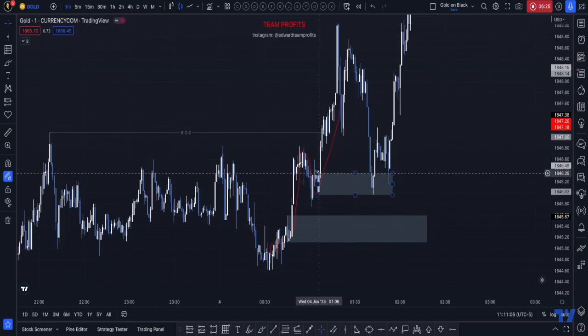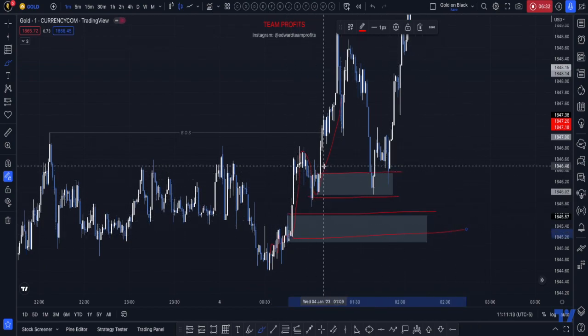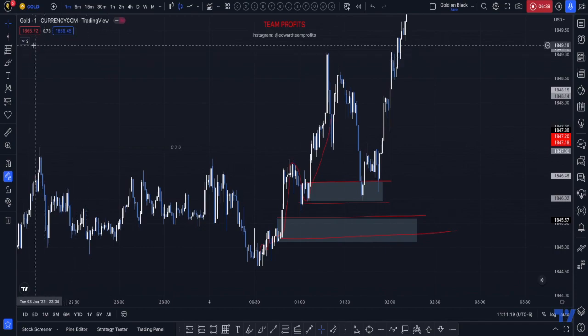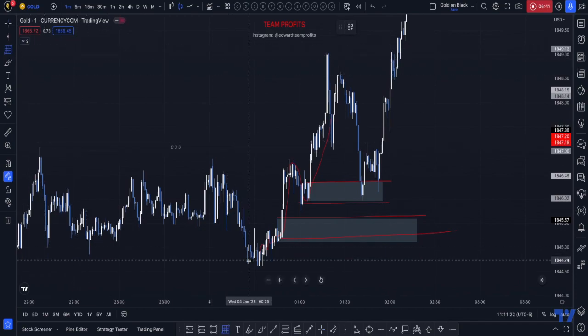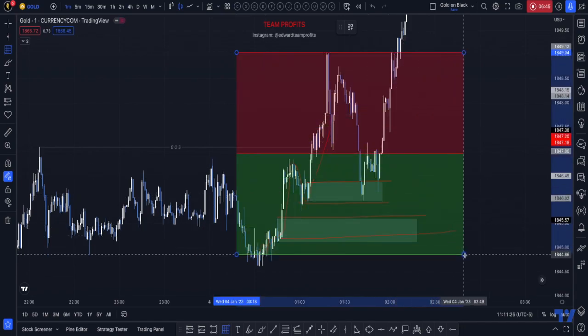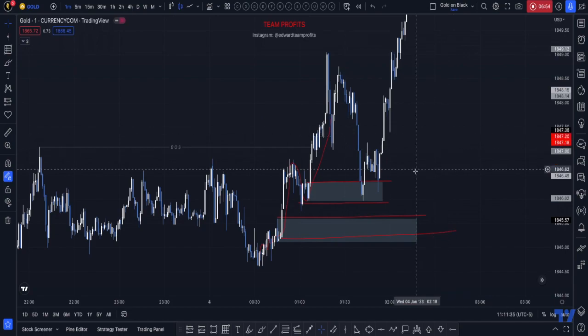So the market created the decisional, or POI, right here, and also the origin at the bottom. We do have imbalance here. We do have imbalance here. So you have all the confluences, if you want to use them, same thing, just to look for more confirmation. Is it going to be right here? You see the two order blocks right there, the two zones are in the discount area. And so you see everything is looking nice. Everything is literally looking nice to